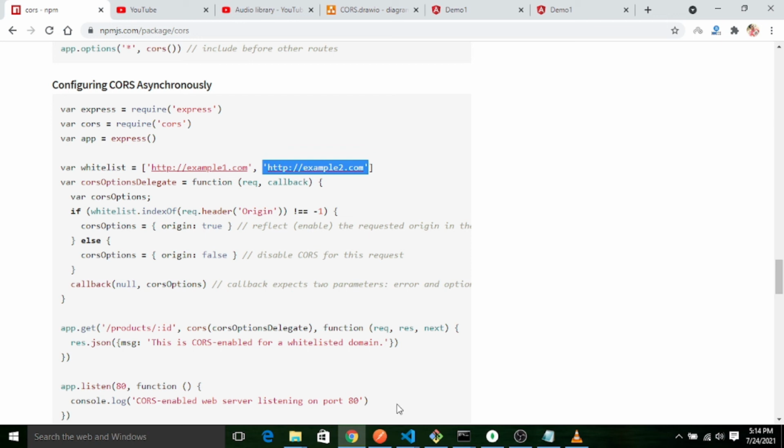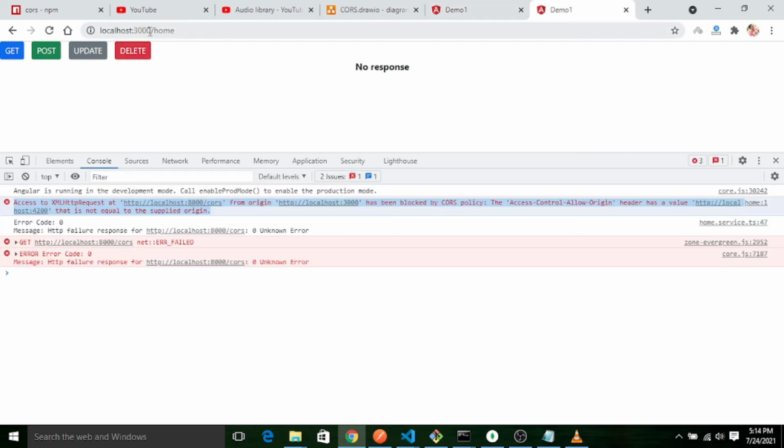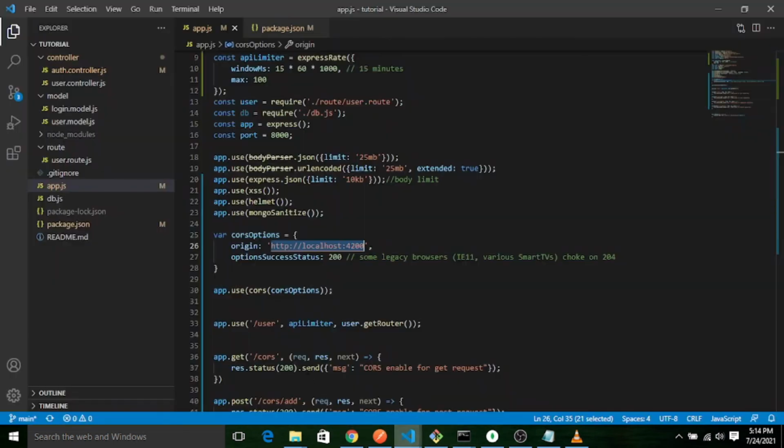In a similar way, let's say we need 4200 only to access get and post. We make sure that 3000 cannot access anything from that server, but for 4200 we will only restrict up to post. We will not allow update and delete requests. We can do the same.